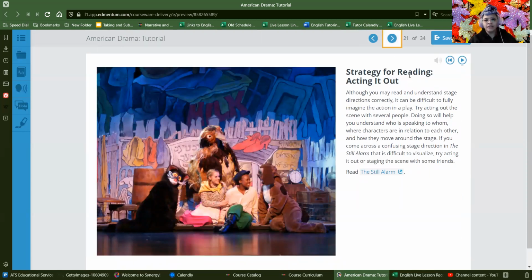So the advice that they give you for figuring things out while you are reading is to act them out. Try to imagine what it would be like to be on the stage. Imagine who is talking to whom and what they're saying. The same way that you try to imagine things when you're reading a novel, they want you to do the same thing here. They suggest acting things out with some friends, but in this COVID climate, it's not super likely. So just try to imagine what it would be like to act it out, and it might help you understand what's happening in the story a little more.